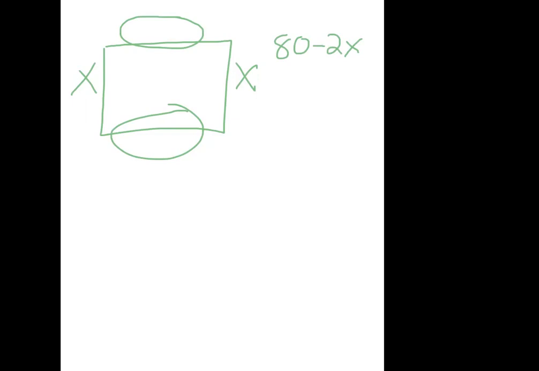Well, the two sides that I have circled are equal to each other, so doesn't that mean that this has to be 40 minus x? And so is this one 40 minus x? Where did I get that from? I just took half of this, right? Does that make sense? And if you add all four of those sides together, don't you get 80? How cool.